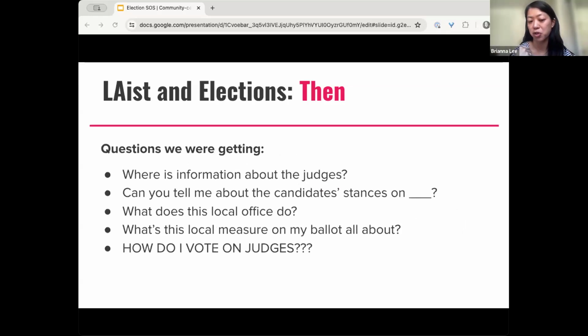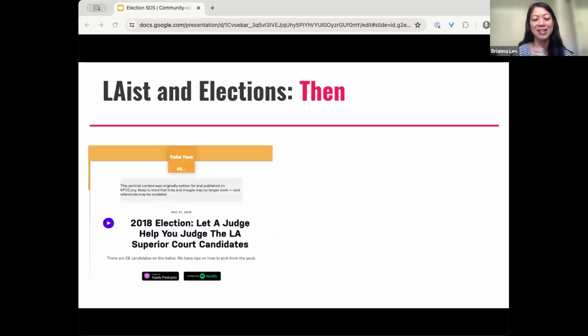At the same time, we had a lot of different ways to collect questions from our audience. I was our social editor for 4 years. We had Hearken boxes at the bottom of almost all of our stories. So we were collecting questions all across the board, and they were showcasing that people had questions about things that were different from the approach we were taking. Things like, how do I find information about judges, or this candidate on my ballot that I've never heard of? Where do they stand on the issues I care about? What about this local race or this ballot measure that nobody has said anything about? What can you tell me about that? And again, how do I vote on judges? People are really, really interested in judges over here.